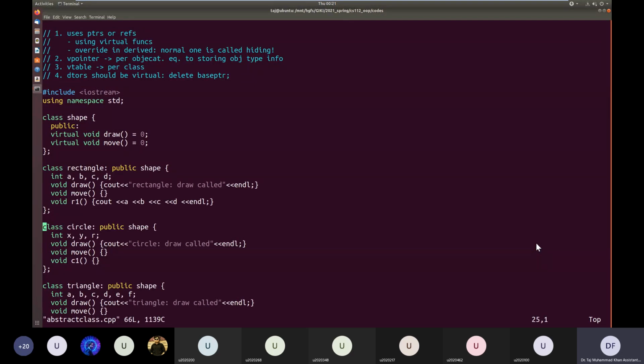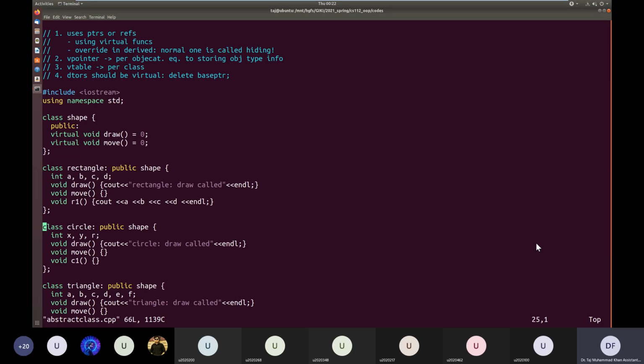As Hamza and before him Muhammad Ahmed said, it is useful to provide a common interface. The advantage of having a common interface is that all the derived classes will implement the same functions.